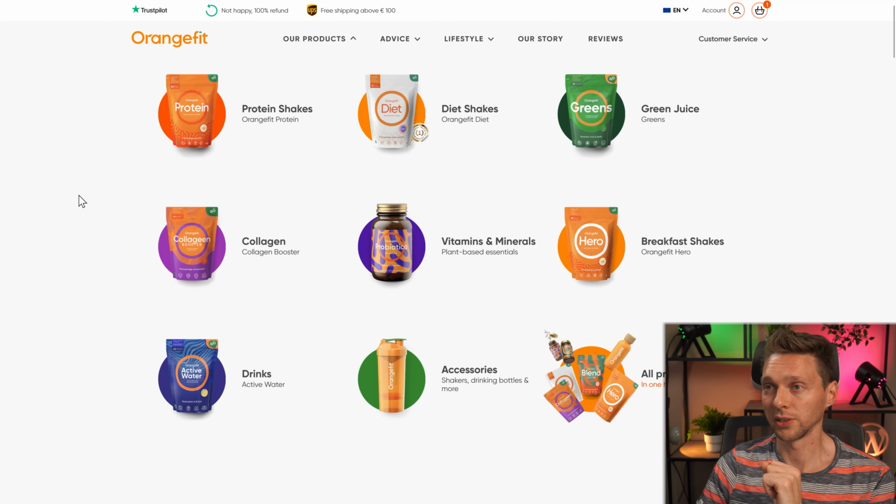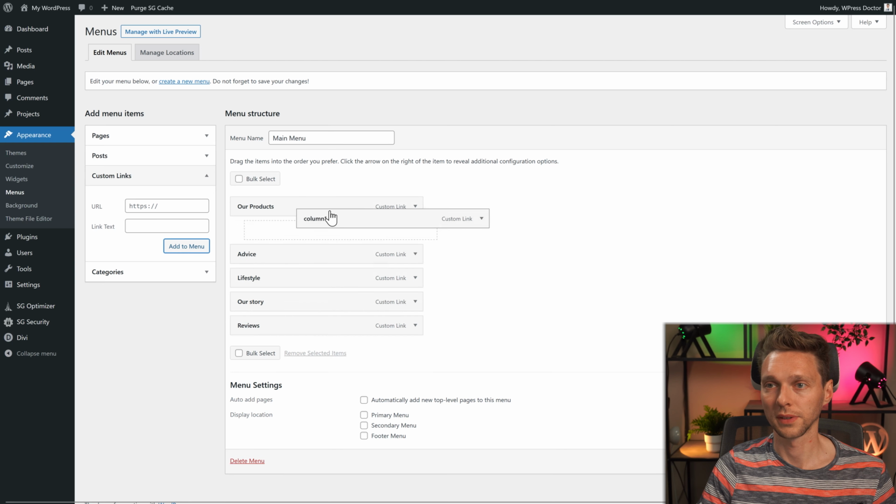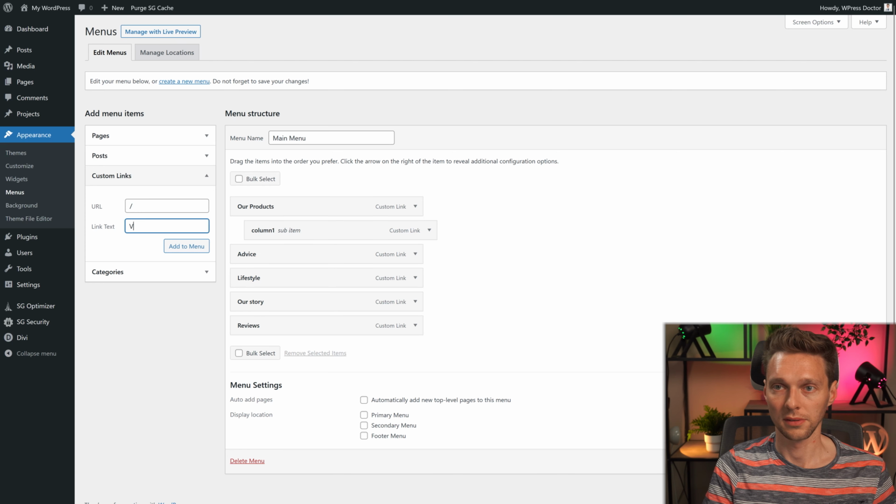Close it. Then we're going to add a few different columns. This is column 1, add it to menu over there. Column 2 and column 3 over there. Here we go. Within the columns, we have the links of the categories.